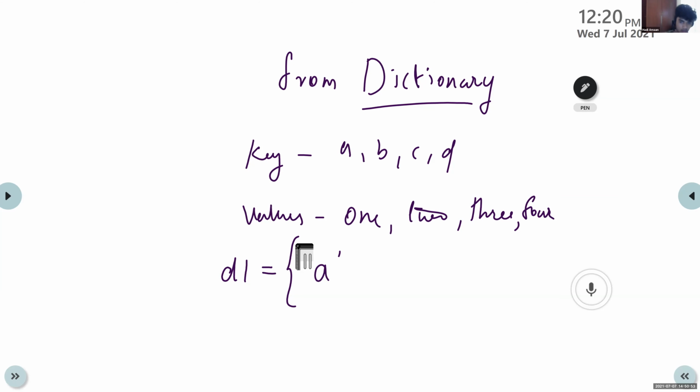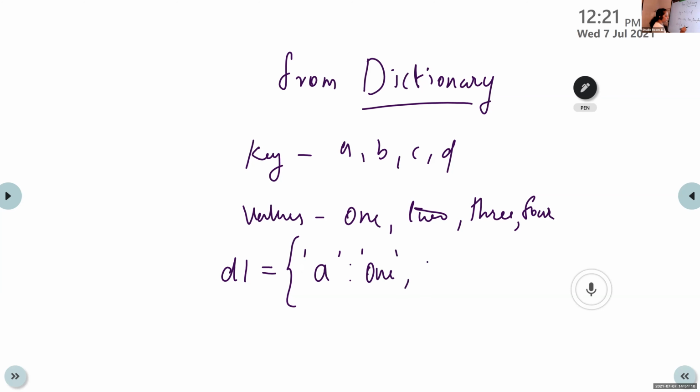After that, we have to use one colon. Then write the first value. What is the first value? It is 1.